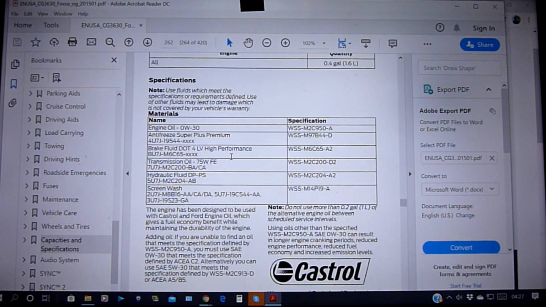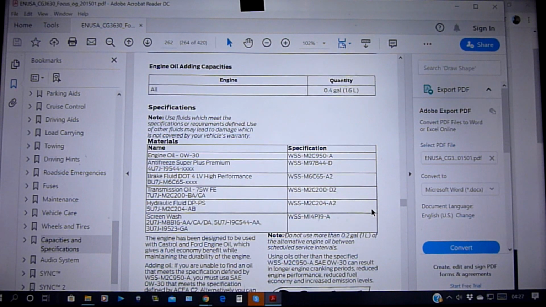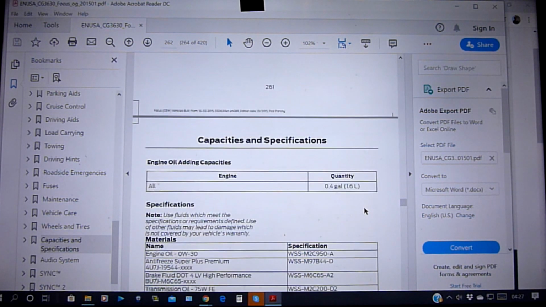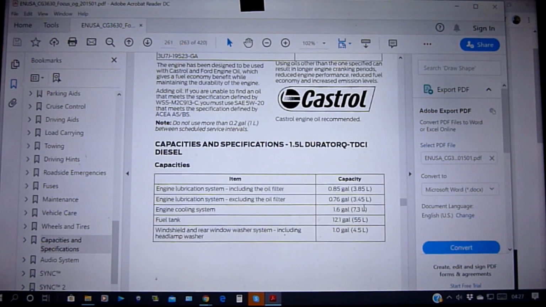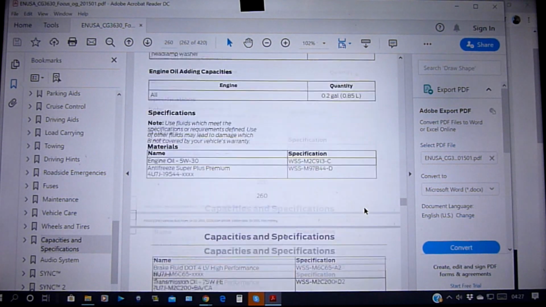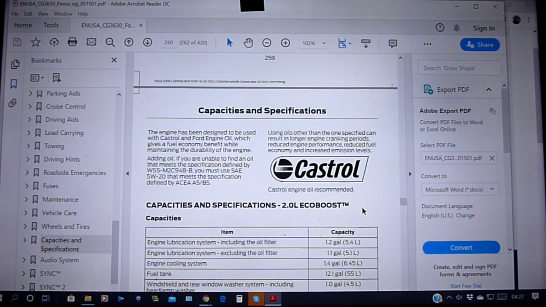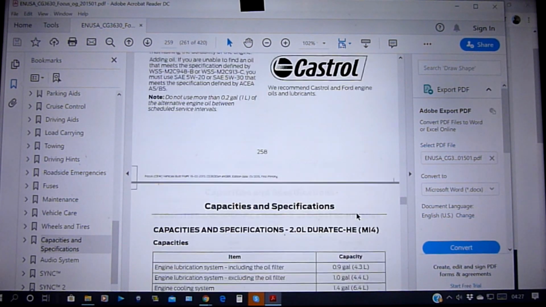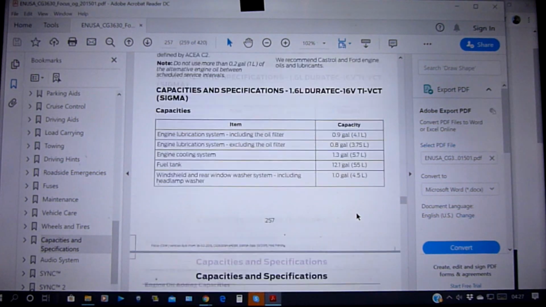Now I've zoomed straight into the engine oil bit. If you look at the scroll bar here of mine, as I scroll up and down it hardly moves because this is like 500 pages long. I don't know how many pages, a very very long document. And these days you're going to have to be very very accurate at what you're doing. Looking through this has got all the specs of the 2015